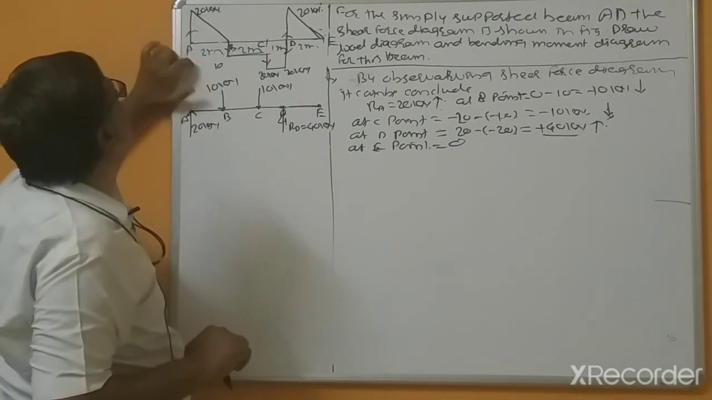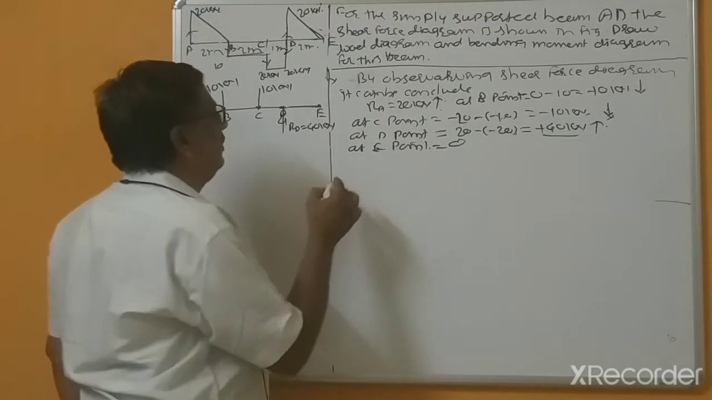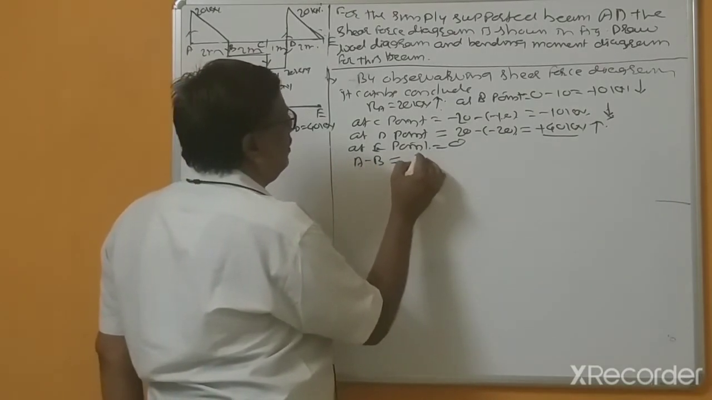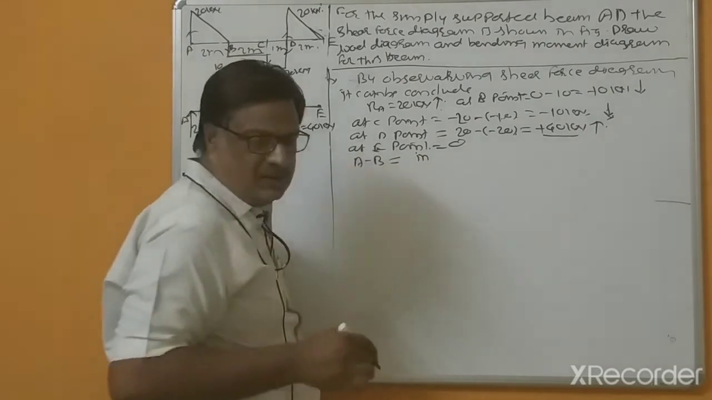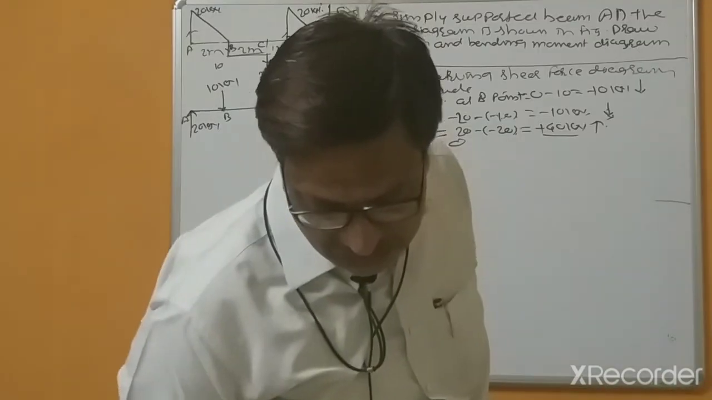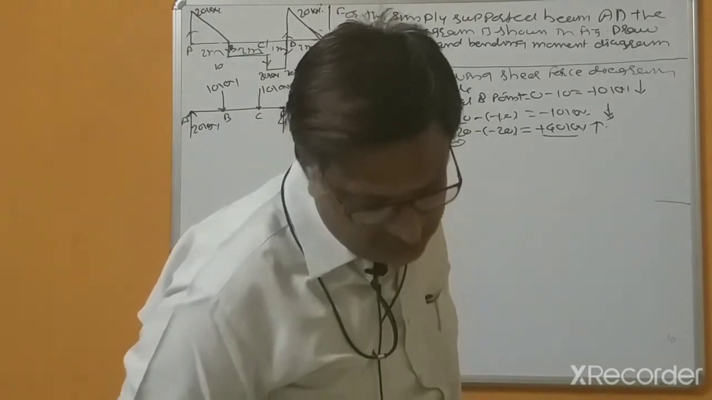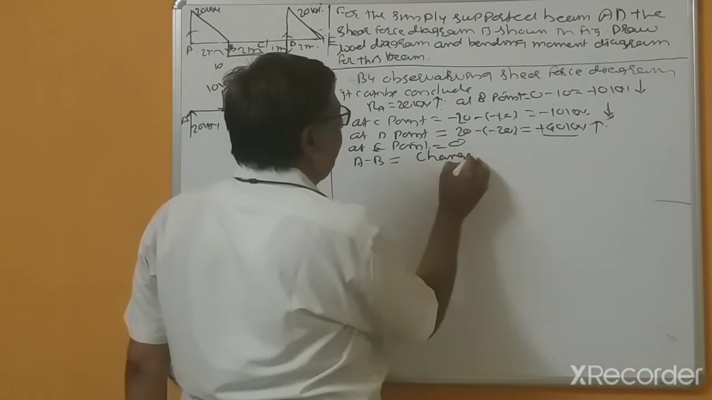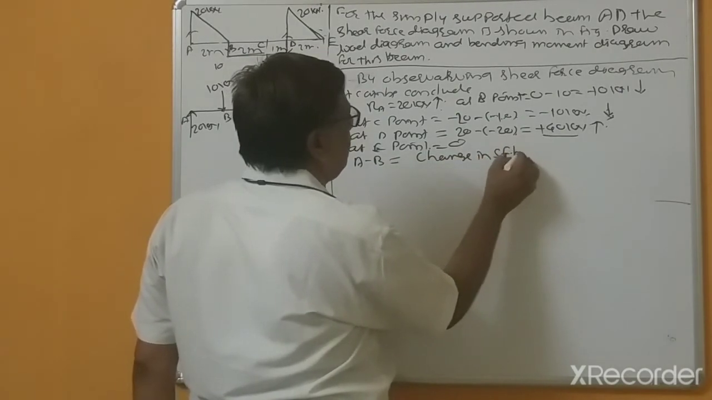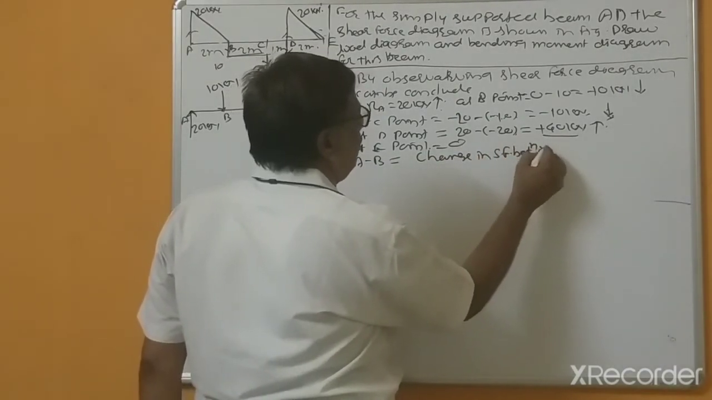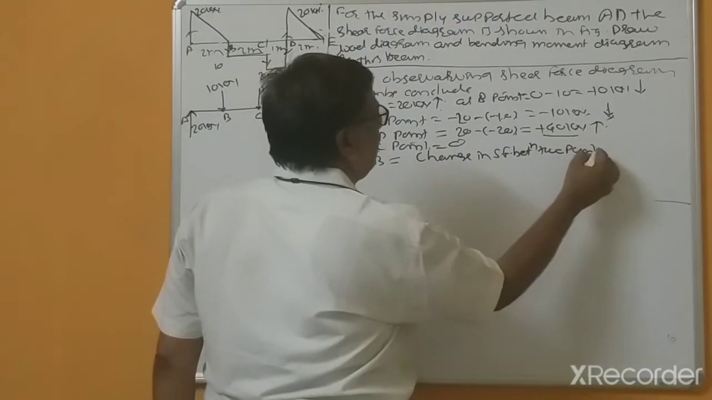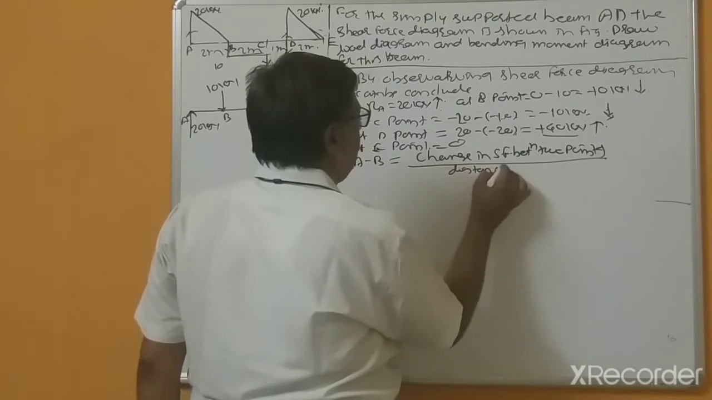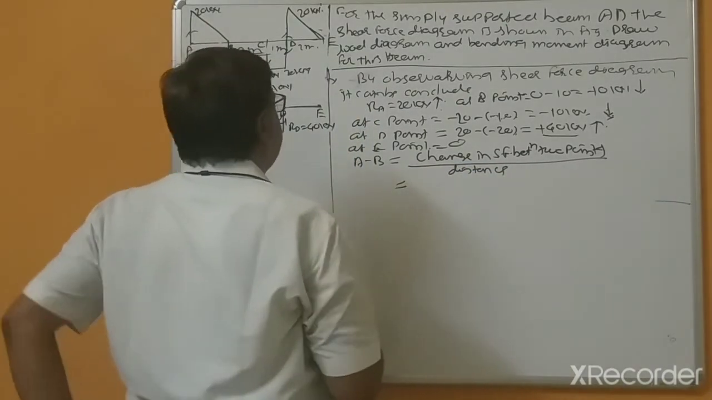Now A to B UDL. A to B UDL means, here you can write, change in shear force between 2 points divided by distance. Briefly you can write, so that's why UDL